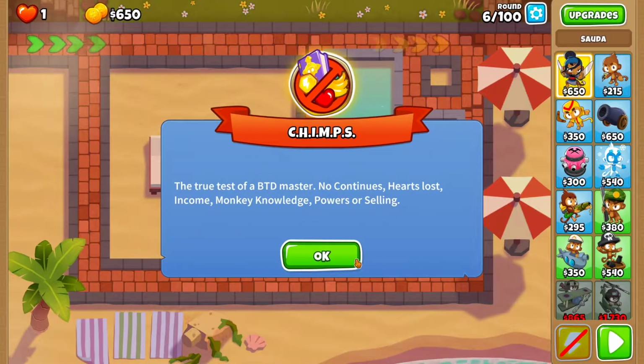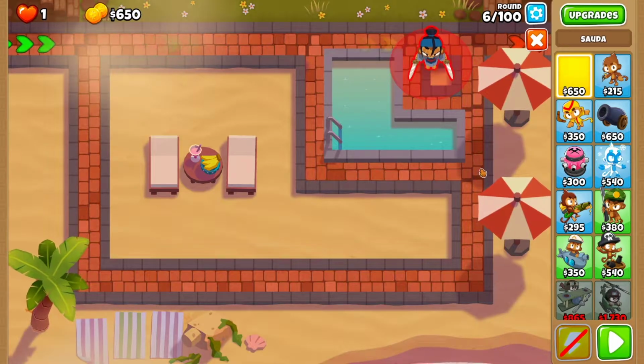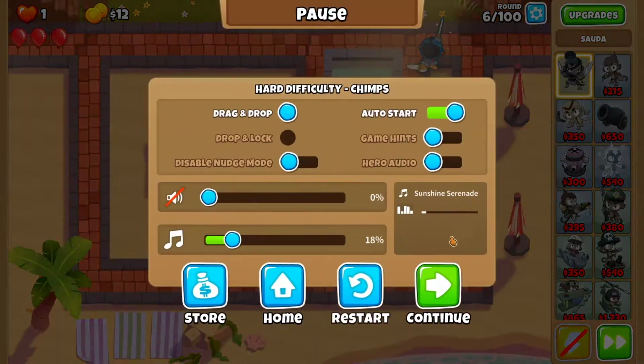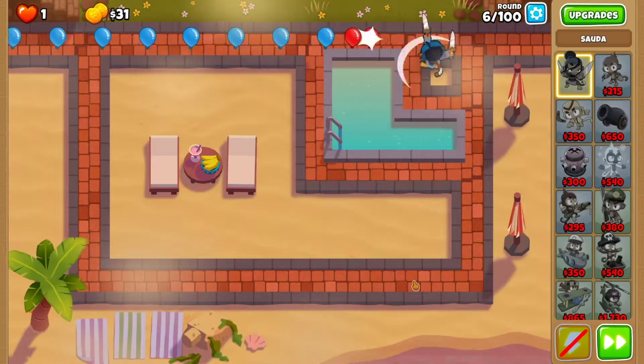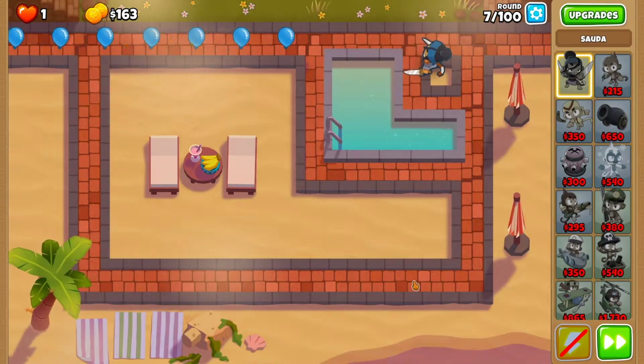And that is because I know that not all of you guys have Sauda as hero, so I wanted to provide the two different ways to defeat Chimps and to achieve the Black Border at the same time. So that's why I'm using this voiceover recording so that I can speed up the gameplay